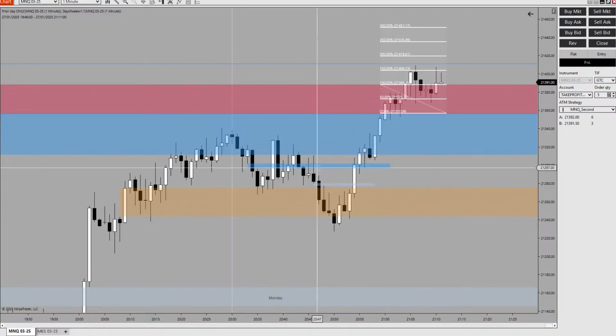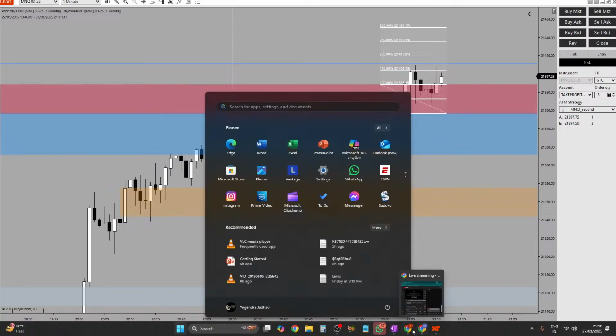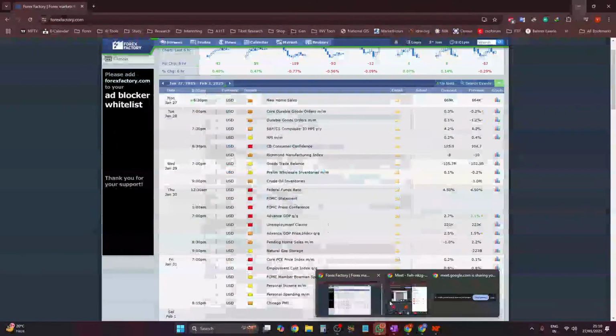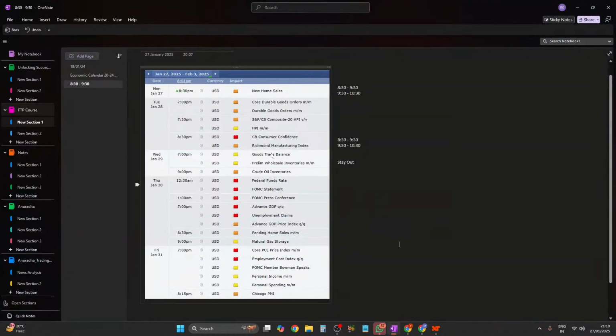So this is the clean delivery of price, which will be found when you have just one single red folder event or medium impact, orange folder event. Those are the days when you should be looking for a trade. But now going ahead, you can observe what happens on Wednesday. You'll see the price chopping around both sides, and lot of traders would be frustrated with the price delivery. And I don't mean that you will not be able to find any trade over here, but these conditions are difficult to trade in.